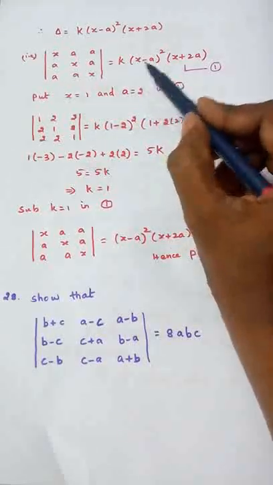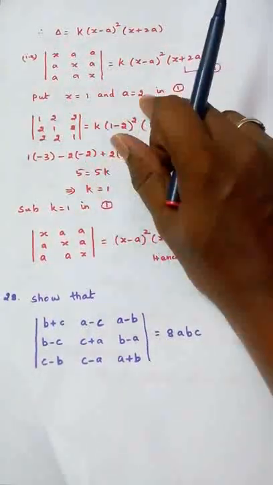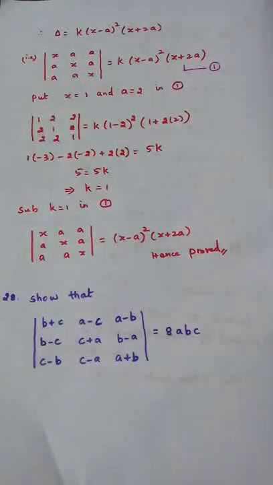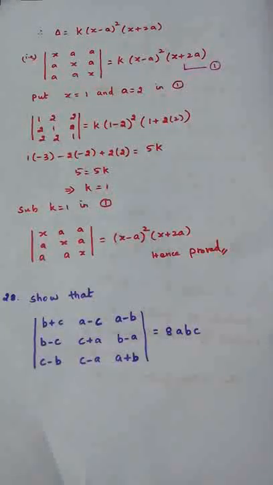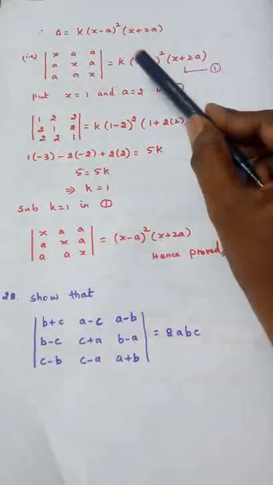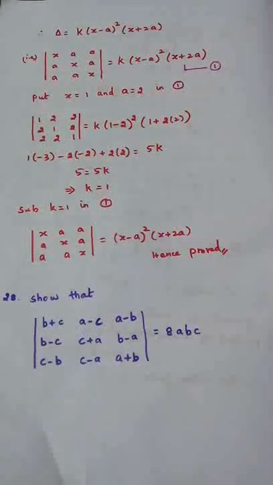This is our wish, but the condition is the values that we take should not make RHS or LHS 0. In such a way we have to choose the values. The values that we choose should not make RHS 0, or it should not make LHS 0. It should not make both the sides 0. Even it should not make any one of the sides 0. Such a way we have to select the values.